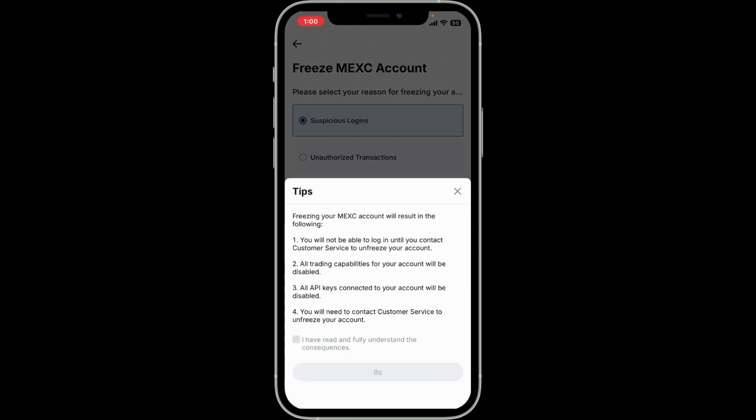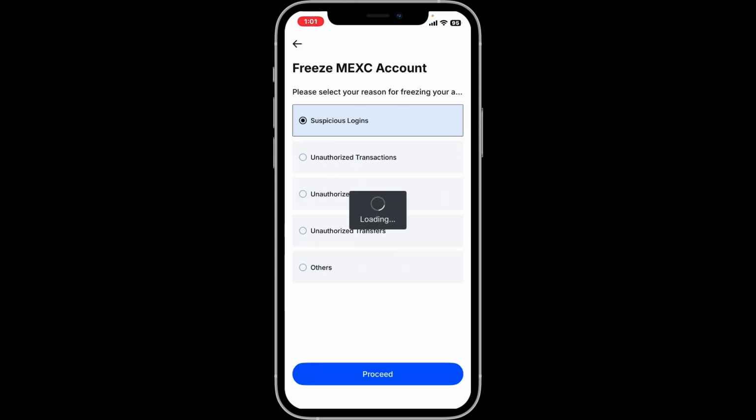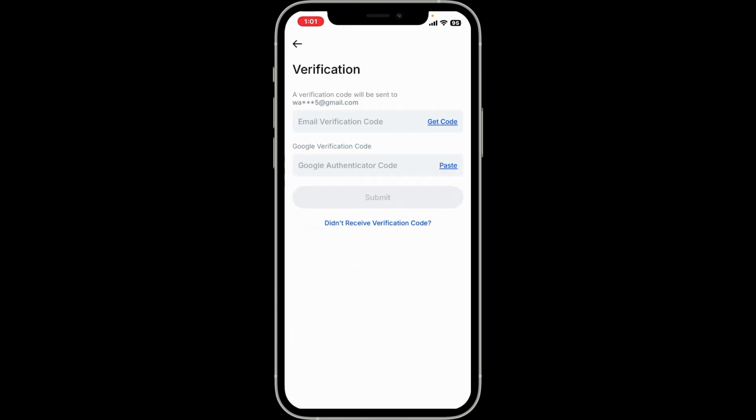Now go ahead and read all the information carefully and tap on the square icon at the bottom once the countdown turns to 0. Remember, freezing your account will not let you trade or withdraw funds. Your account stays safe but inactive, and you can usually contact support to unfreeze it later. Tap the freeze account option in the pop-up at the bottom, and then you'll be able to see this verification